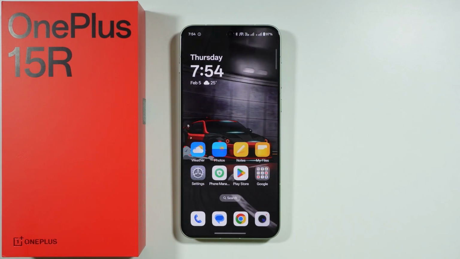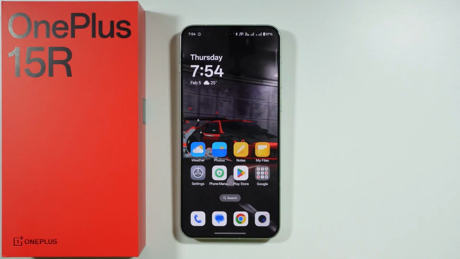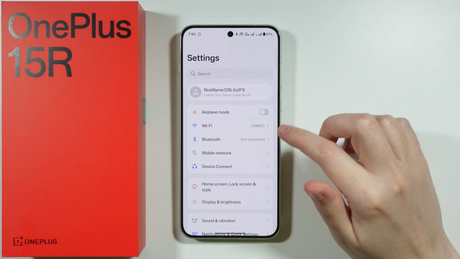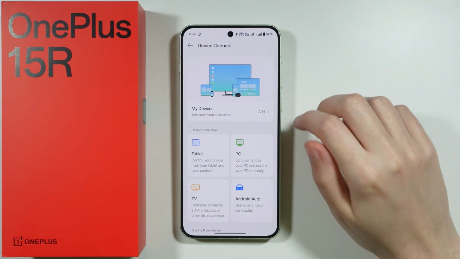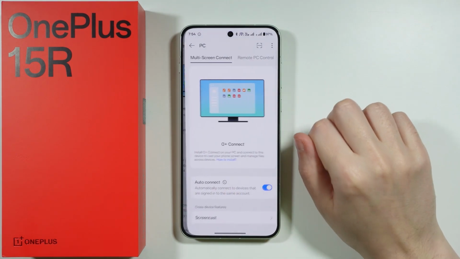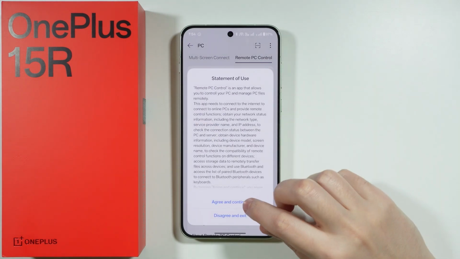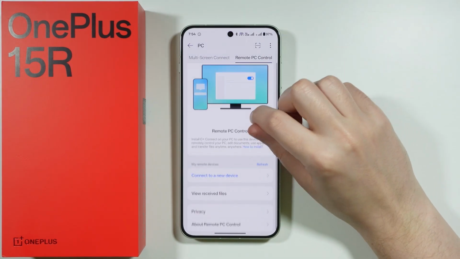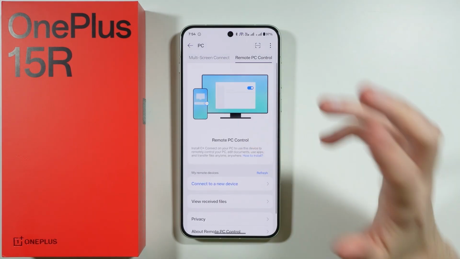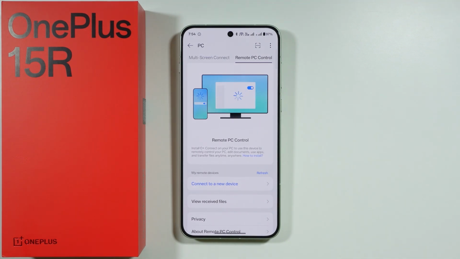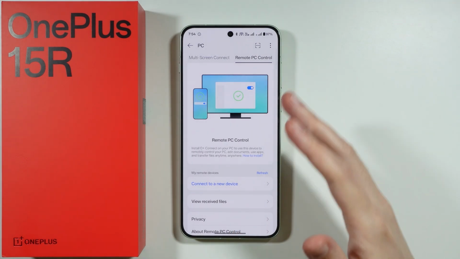If you want to remotely control PC on your OnePlus 15R, first of all, we're gonna open Settings, then go to Device Connect over here, and you should be able to find the PC option. Now, in order to be able to remotely control PC, you will have to use the OnePlus app, or OnePlus Connect app, actually. This is, of course, the app that we have over here, and we need to install it